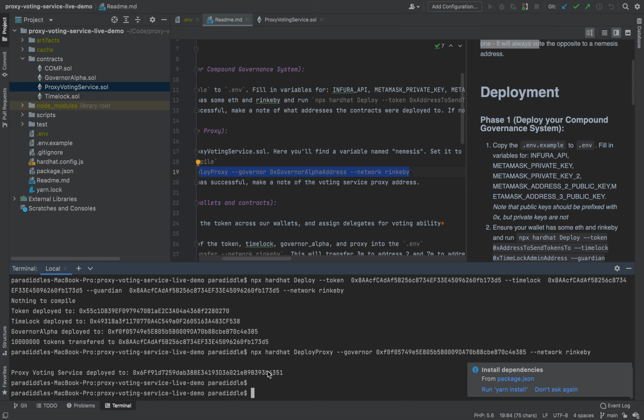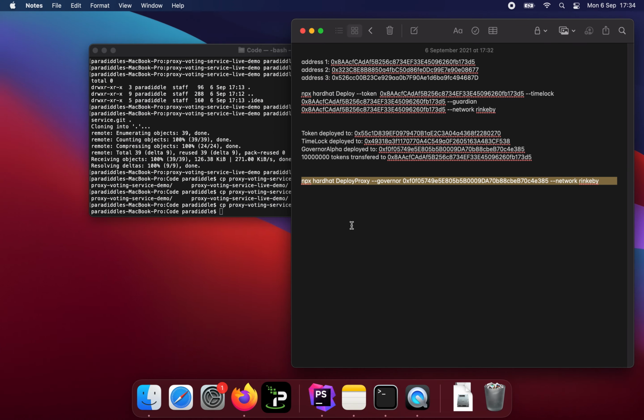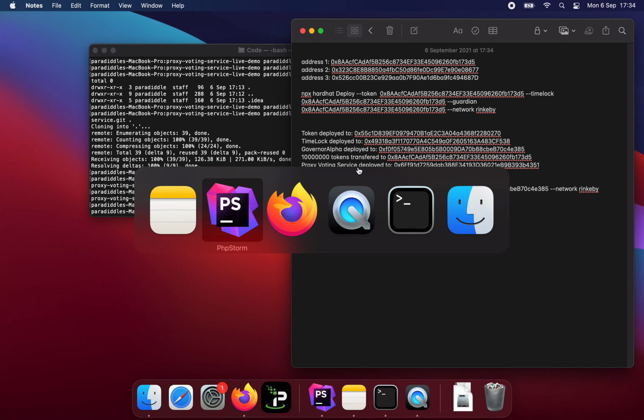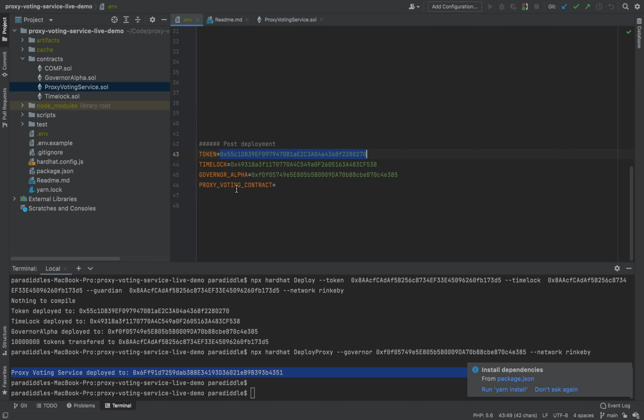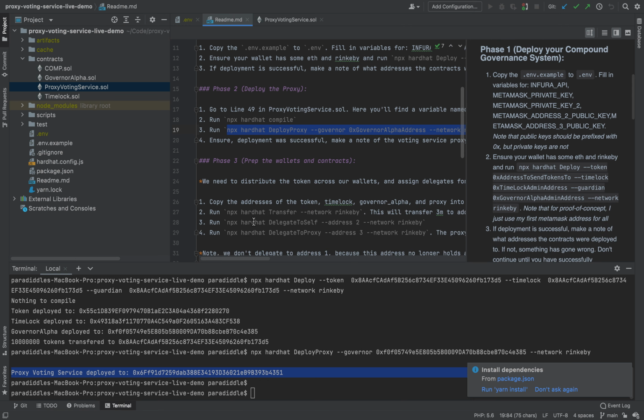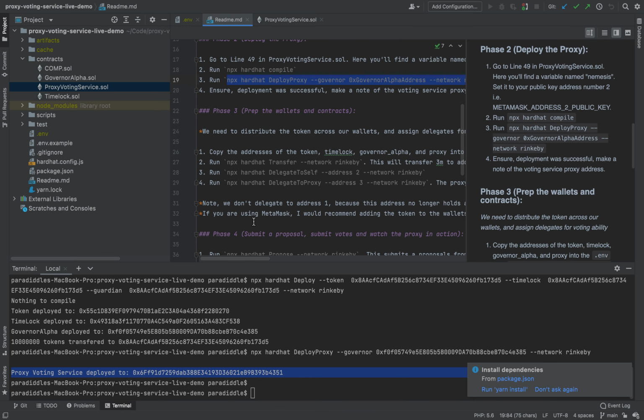Okay, awesome. So our proxy voting service has been successfully deployed. I'm also going to make a note of this here and plug it into the env file. So now that all our contracts have been successfully deployed, what we're going to do next is